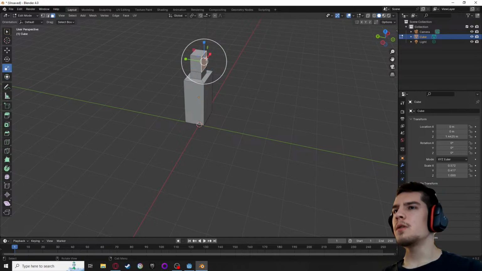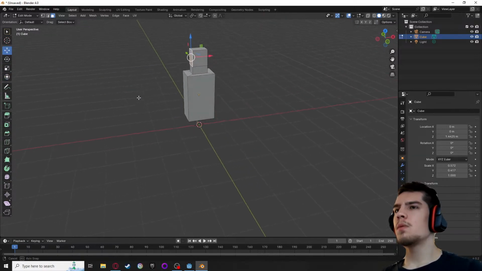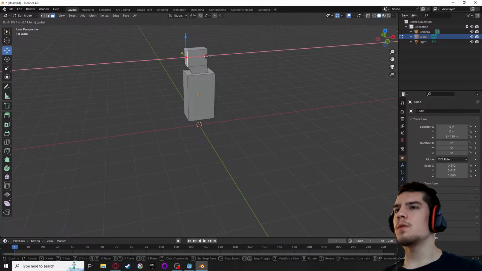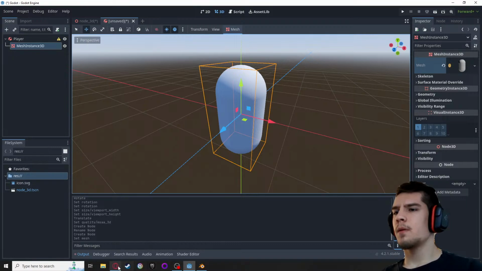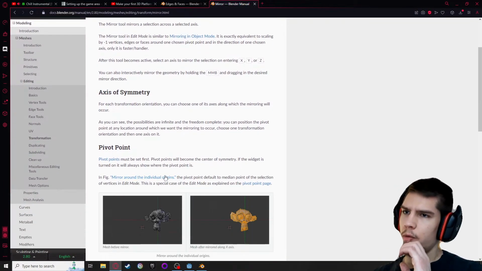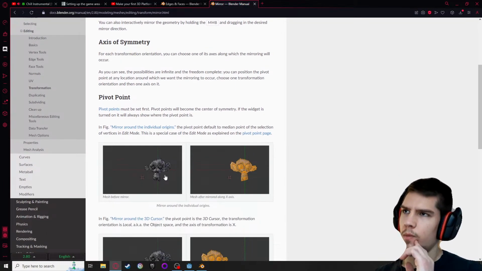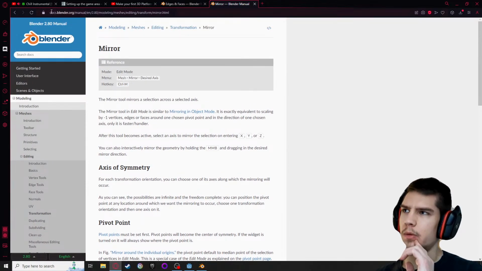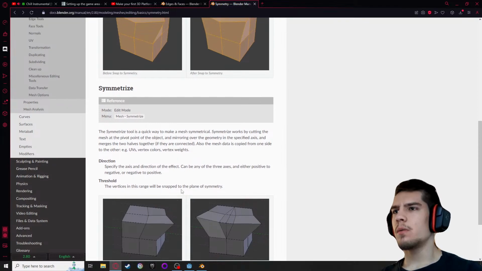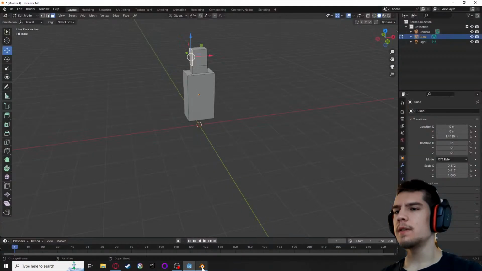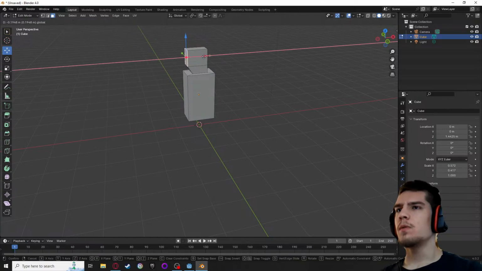But this is just the basic transform tool. What does it do if I want to move it? Axis of symmetry. So the mirroring tool doesn't really work out like I want it to. Mesh, symmetrize. But if I do this, then